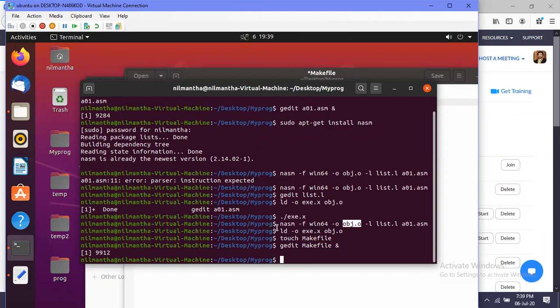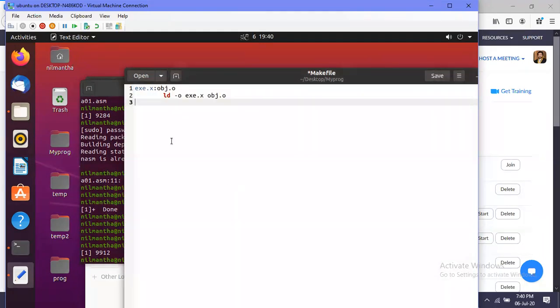So before we write this command, we have to specify that. The targeted file is now the object file. The source file is a01.asm.